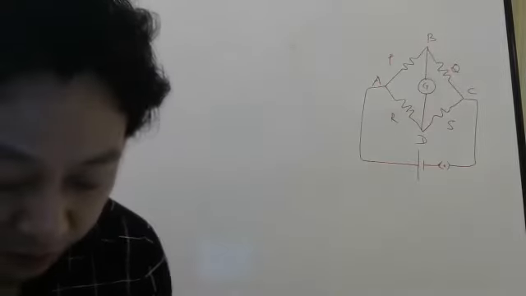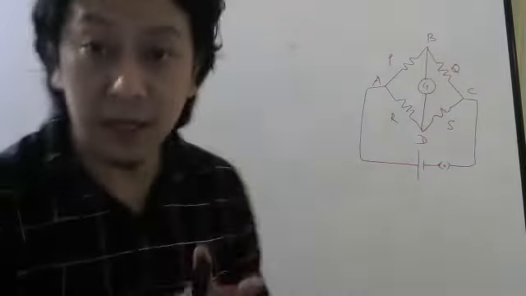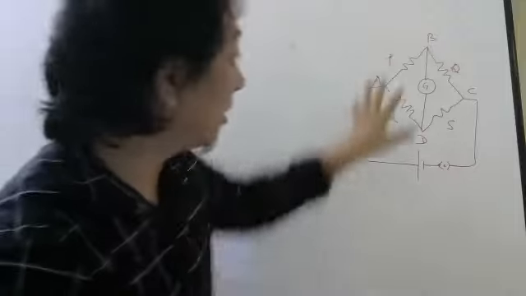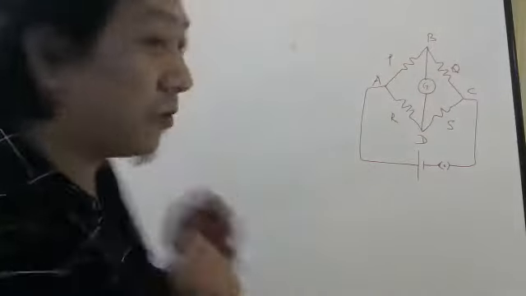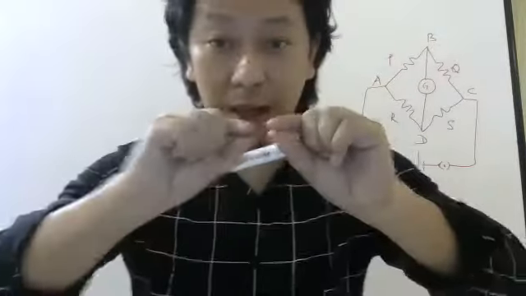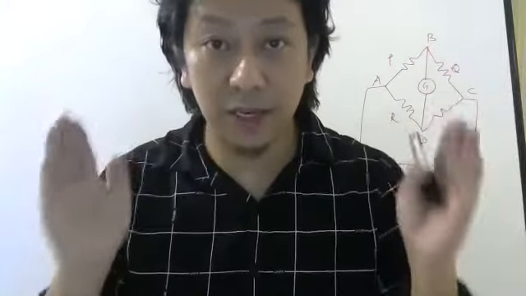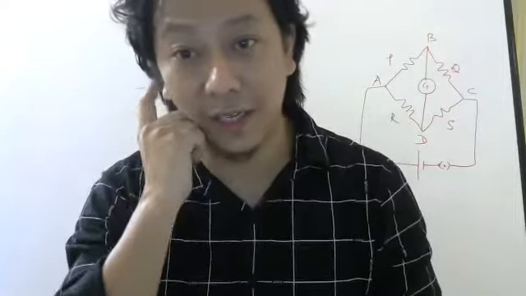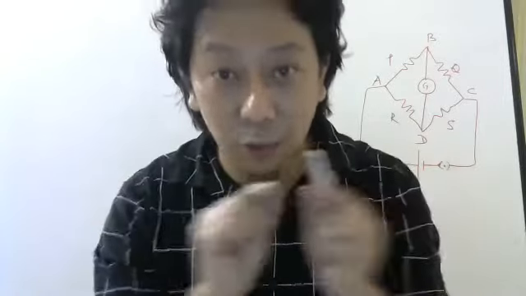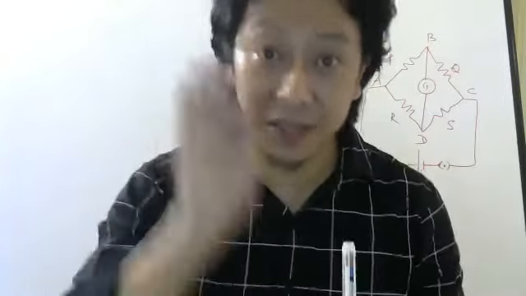So look carefully now. What we are going to do is make a practical circuit using this concept. So what we will do first is take a wire which is 1 meter long. That is why it is called meter bridge. 1 meter long, and that wire should have resistance.